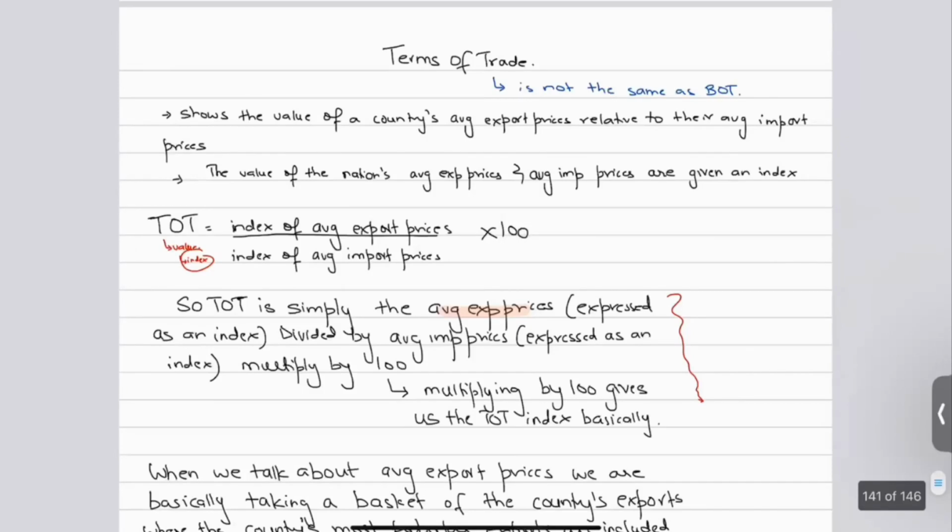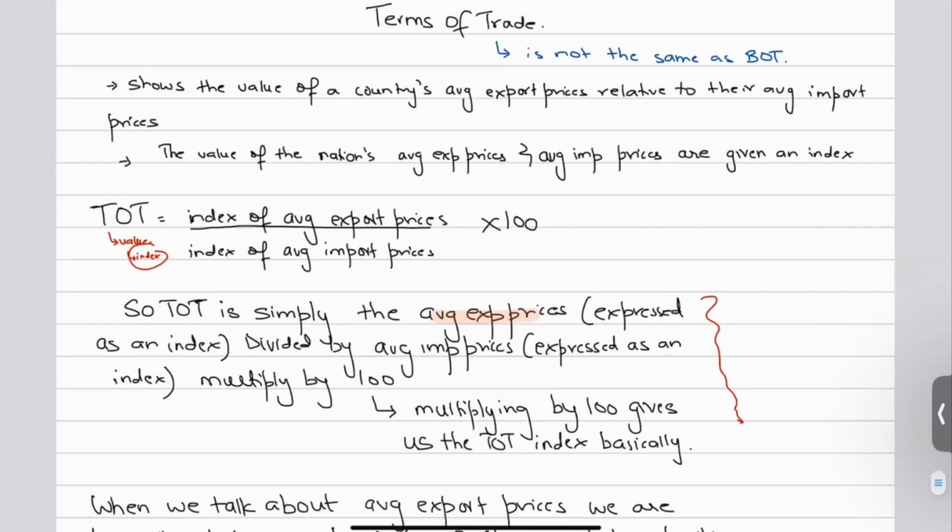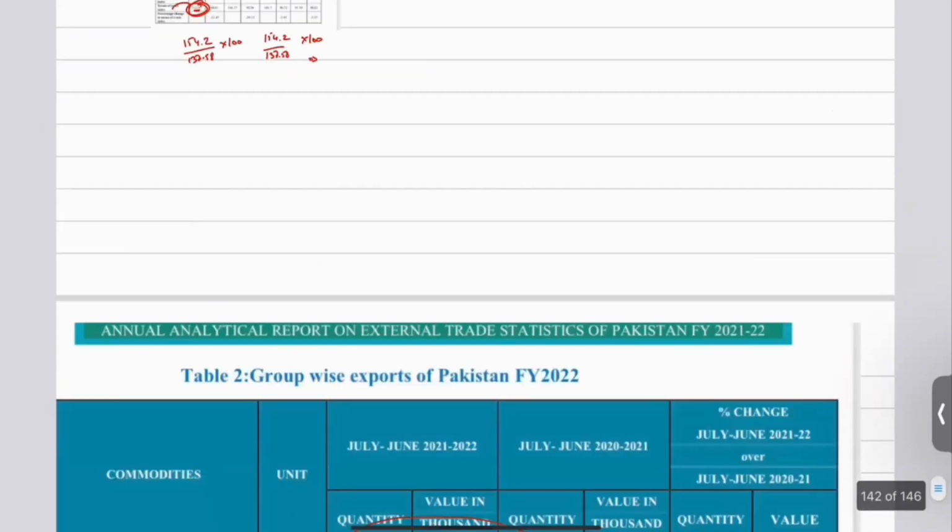तो क्या कहते हैं, टर्म्स ऑफ ट्रेड चल रहा था, और टर्म्स ऑफ ट्रेड के डिटोरिएशन का रीजन हम कर चुके थे। रिमेम्बर, हमने डिस्कस किया था कि टर्म्स ऑफ ट्रेड क्या है। टर्म्स ऑफ ट्रेड इज बेसिकली your index of export prices over the index of average import prices, and it shows the value of a country's average export prices relative to their import prices. फिर हमने ये भी देखा था कि टर्म्स ऑफ ट्रेड की सिग्निफिकेंस क्या है, व्हाट डज इट एक्चुअली टेल अस।